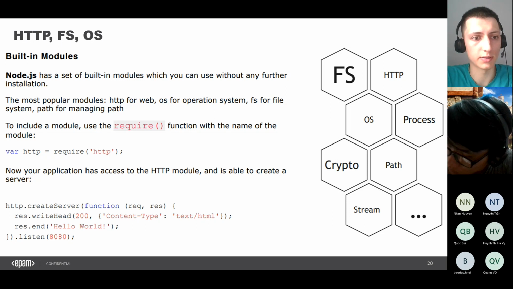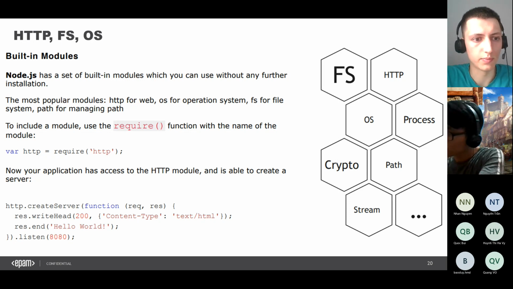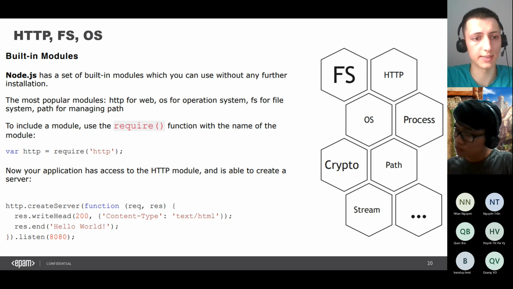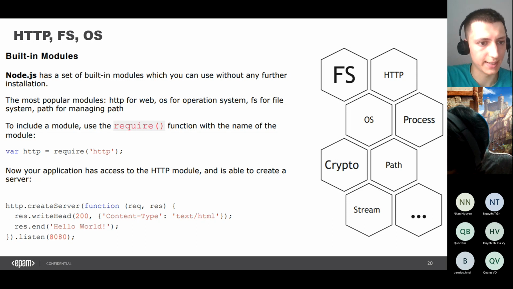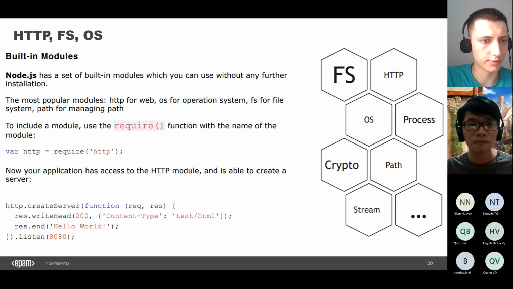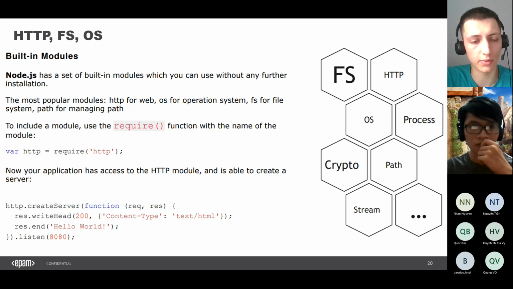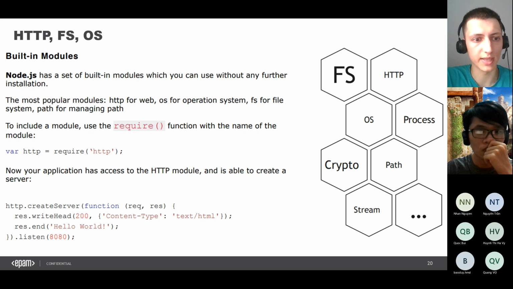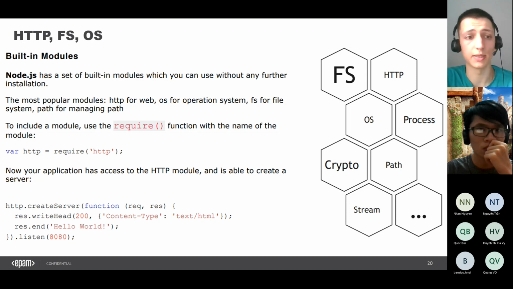You can run http.createServer and then put some function inside. After that, you need to call the function listen with the port you want to create the server on. So after executing a file like these two screenshots, the HTTP server will be created. When you go to localhost and put the port number, you will see a response in the browser or in Postman, just a hello world string. So it's really easy to create a server in Node.js.